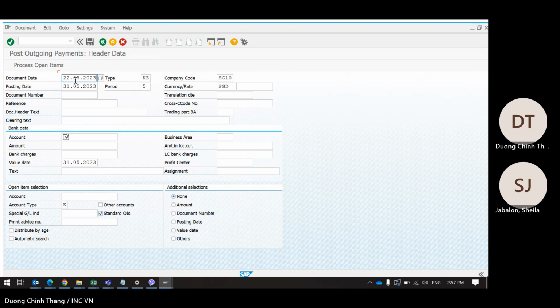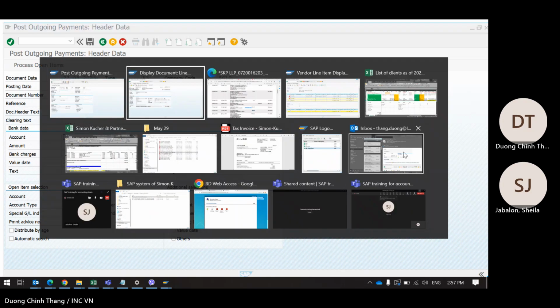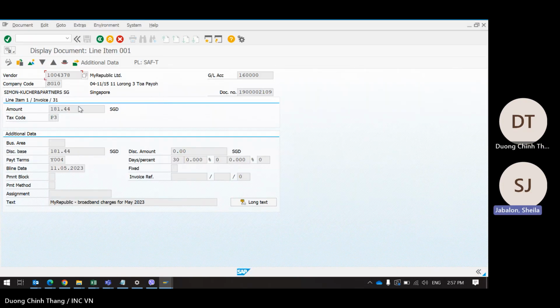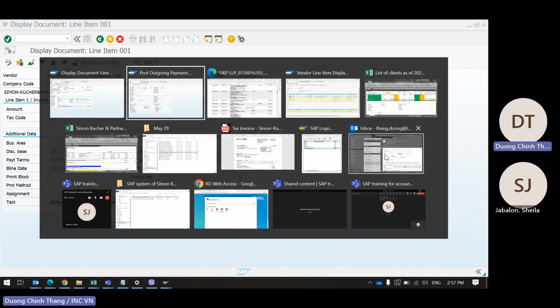Backspace. Just select the first one. It's not there. Ah, it's not there? Okay. No. She didn't enter it, is it? Okay, then you have to copy it from the